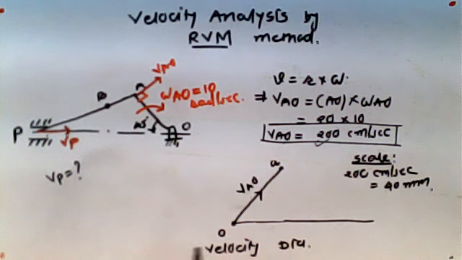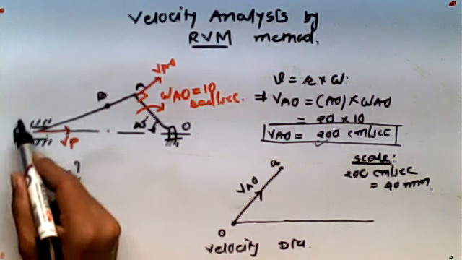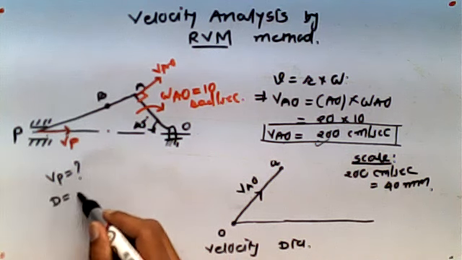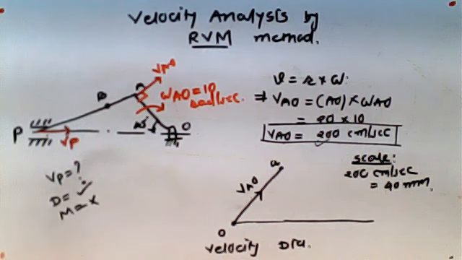So what I can do, as far as the piston is concerned, I know the direction, but I don't know the magnitude. So what I'm doing, I'm simply making one line, and what does that represent? One vector that represents the direction of the piston, correct? So it will go somewhere in this direction, but I don't know the magnitude of this particular line.